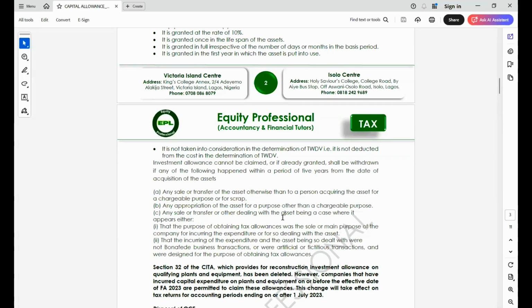So what that means is that if you are given a question, you need to be vigilant with the year of assessment for you to know whether you are going to grant the investment allowance on plant and machinery or not, depending on the year when the asset was acquired, whether it falls within the year before